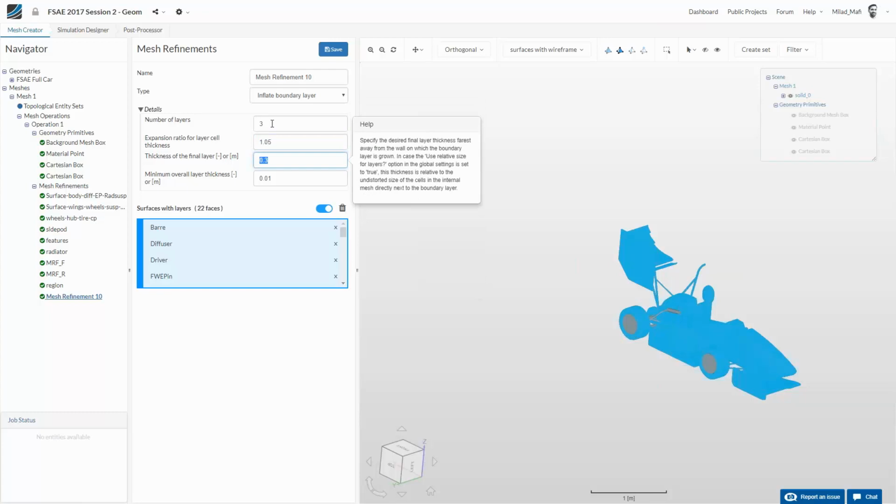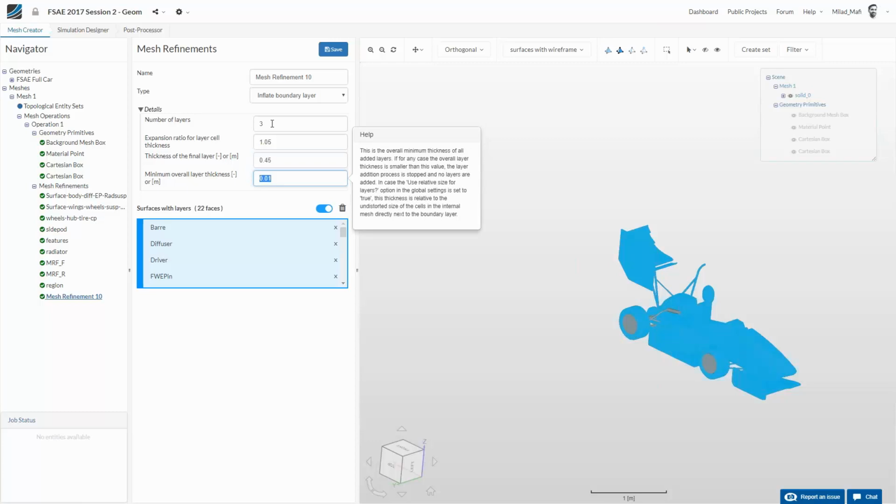And we just calculated values related to these settings, which should work for a Formula Student car at around 20 meters per second. But don't worry, we will also show you during the next sessions how to calculate the values on your own, or you can also just modify them and test until you get the right results. So now we added layers to the car,